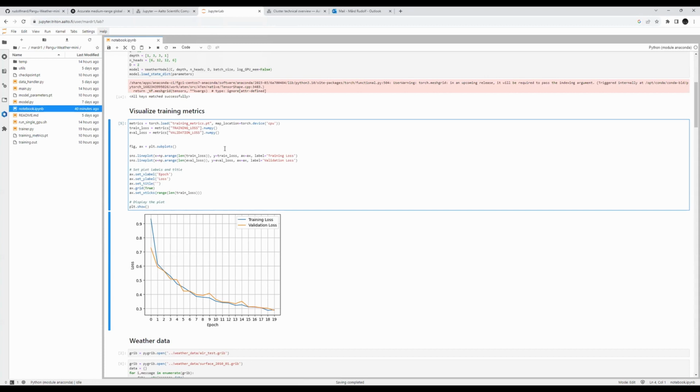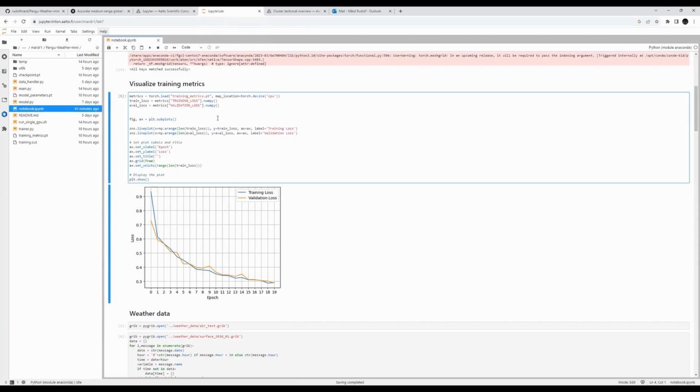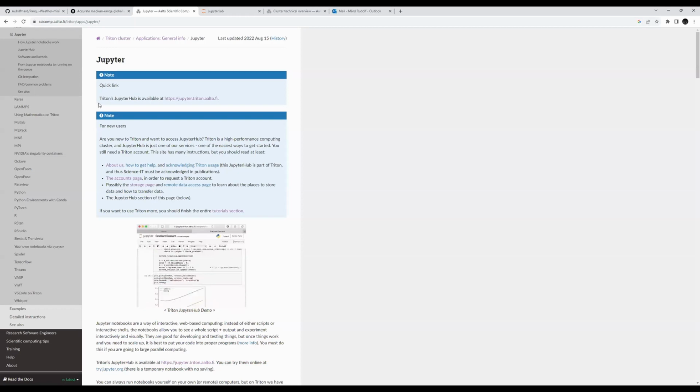So these are alternatives to each other, or does the notebook do something on top of the other script? Well, this is basically a more agile way to run small tasks. I don't think the notebook has, for example, GPUs to use. Maybe we could take a look at the Triton cluster.